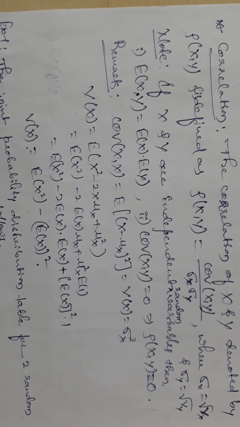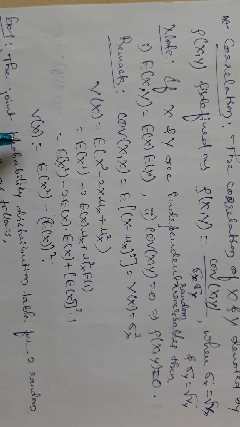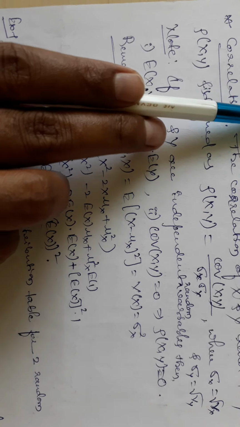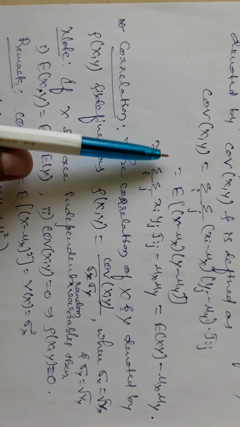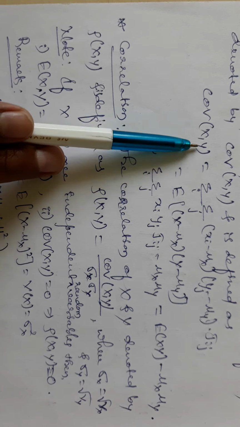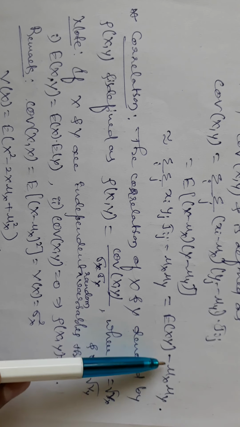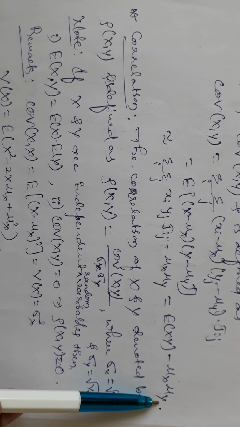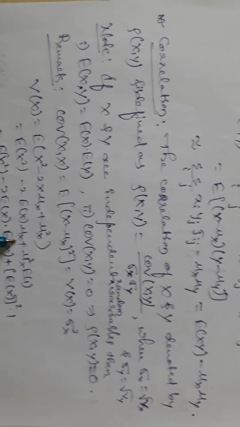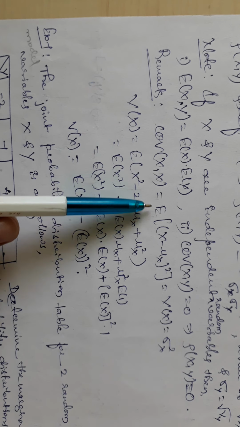Now we have one remark which will be helpful for finding the variance of x. Remark: already we have the formula for covariance of xy. Replace y by x, and we have the expectation of x square minus mu x whole square, that I can call E of x. Therefore here the covariance of xx